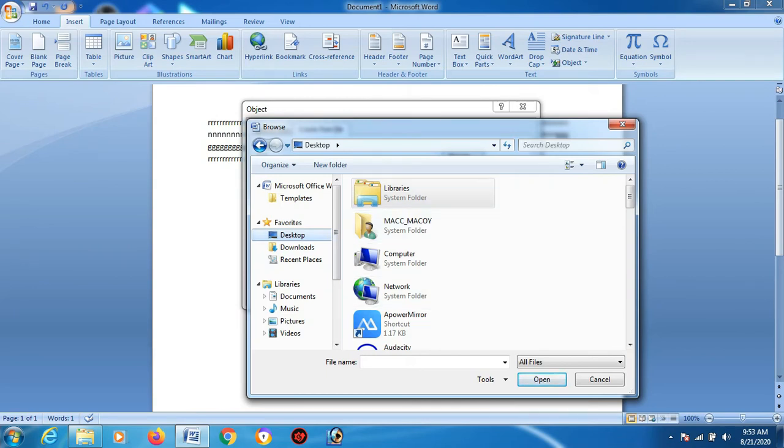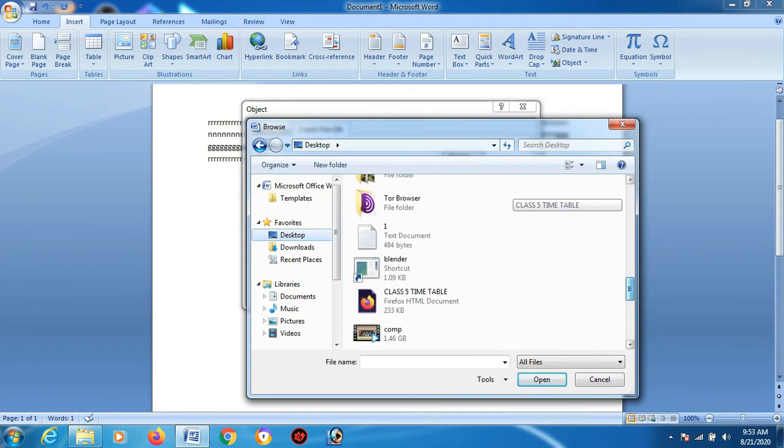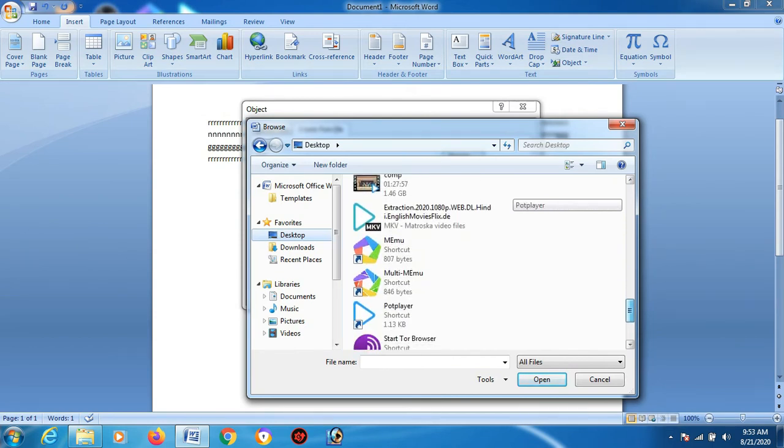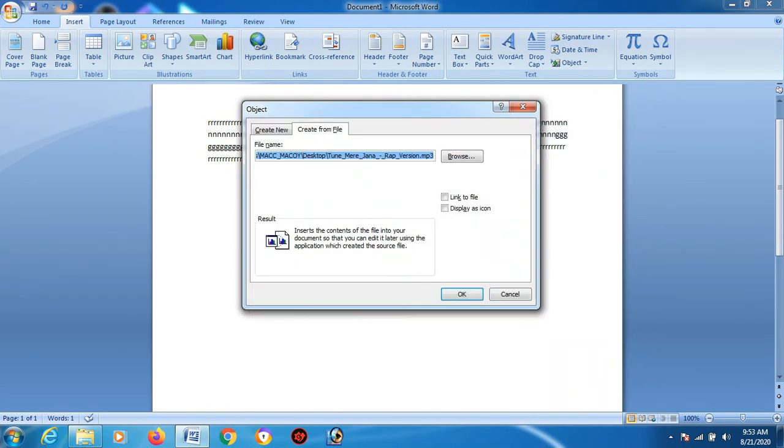These are the things which I have on the desktop. One song I must be having. Yes, Tune Mere Jaan. This one. Let's suppose I want to insert this. Just double click. Things got selected.